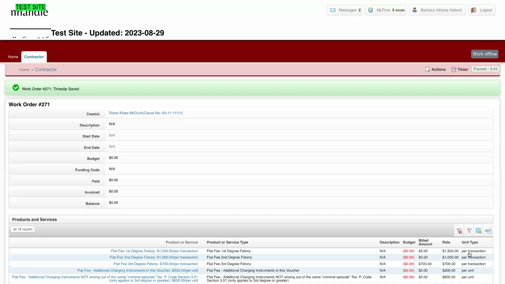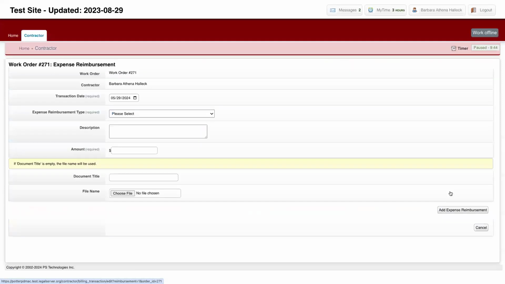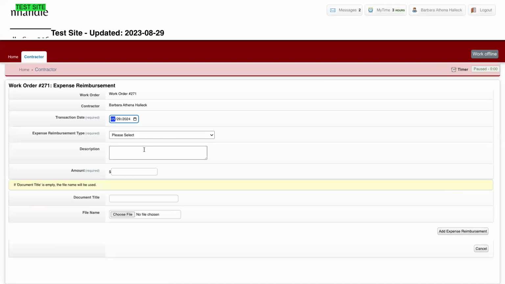That's going to add a time slip to the case and also add this billing transaction based on time-based billing, which you'll see down here. It's going to calculate for you the total amount based on that $75 per hour and 3 hours that were worked. Then we have expense reimbursement,